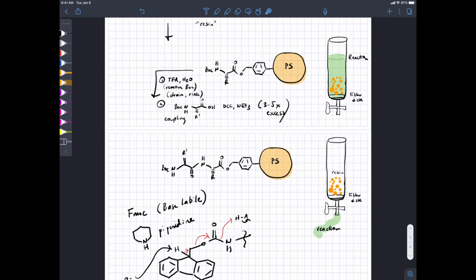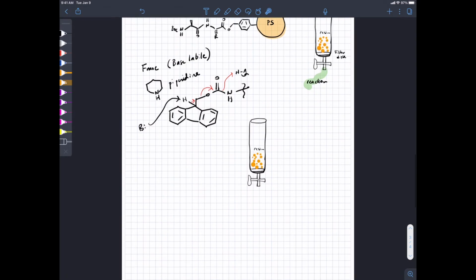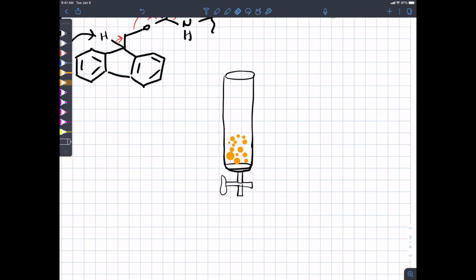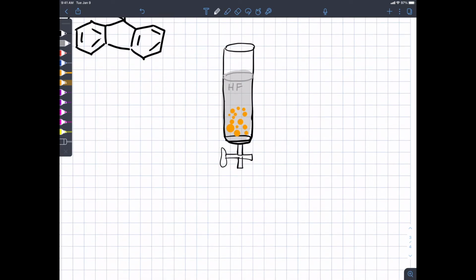How do you end up getting rid of the resin? Great. So in the final step, let's say to get your peptide off the resin, when you've done the last reaction, and the last reaction is usually removing the Boc group from the N-terminus, then you have to add whatever reagent cleaves the peptide from the resin. So for Boc chemistry and for Merrifield's original resin, this would be HF. And so you stir the resin in HF for a while, and then at this stage you can rinse out